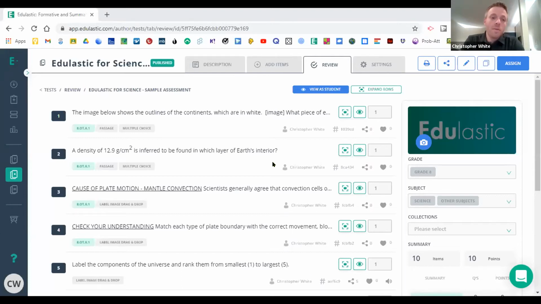Good. So yeah, this is just an assessment that I've made up. I drew from a lot of the different things that I do throughout the year, and I just wanted to provide some different examples of how I deliver content. In our day and age of remote learning, it seems like having students access the content at home, making it easy for them and accessible is the thing that Edulastic does. So I'm just going to view this as how the students would see it.